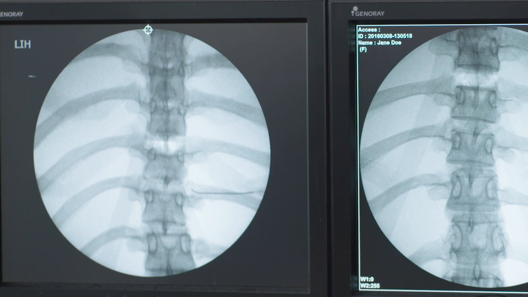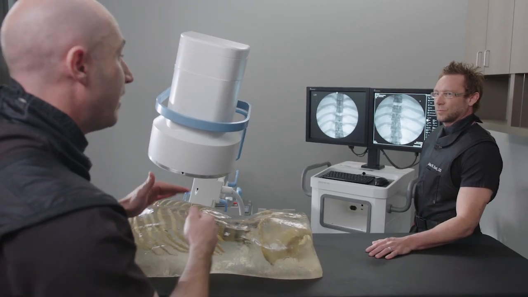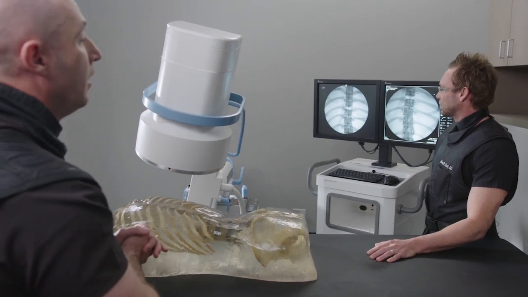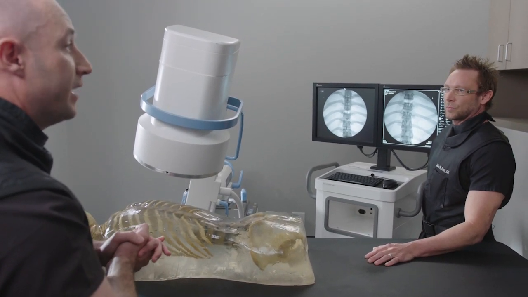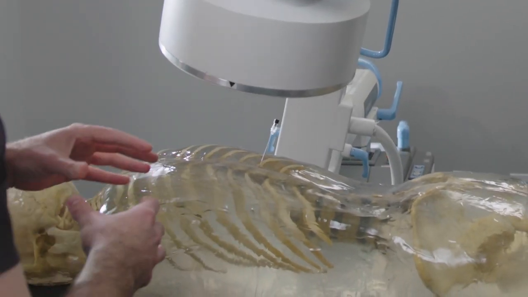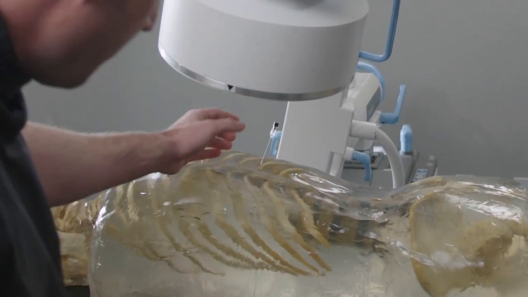Which is good. It's good to learn. Where's my needle? Because I'm right over top of the rib, so I know I'm not in the lung, because I would have to go through the rib to get to the lung. So I can see I'm in a safe position with my needle. I'm just not quite deep enough yet. And I can take a look at the model itself to see where my needle is. And by looking closely at the model, I can see I'm not quite deep enough. So I'm going to make a small adjustment,